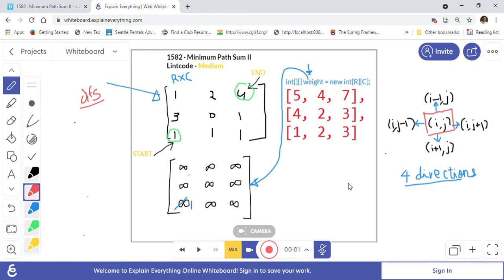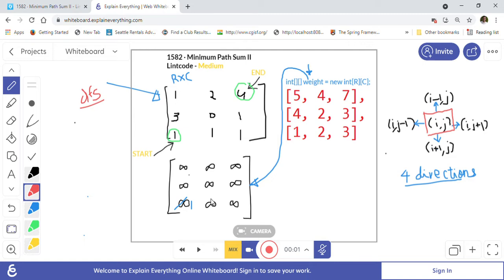We will always keep checking that we don't go outside the boundary of the matrix. If we are inside the boundary, then before we update with the new sum value of the weight, we want to make sure that we update only when we see a value less than we had seen before.